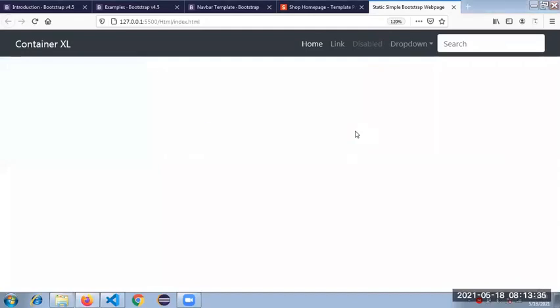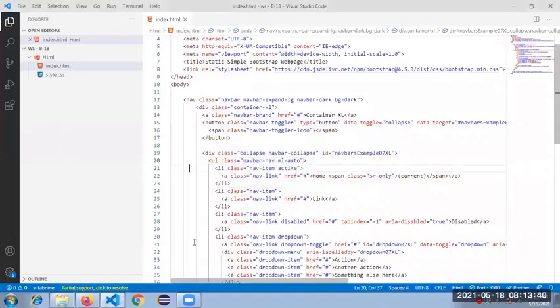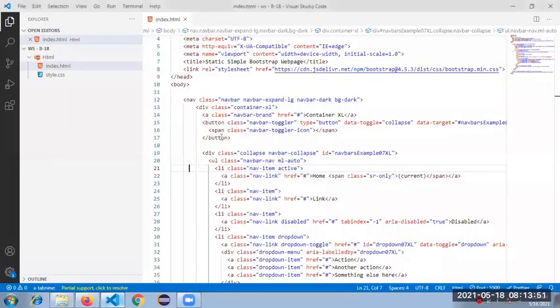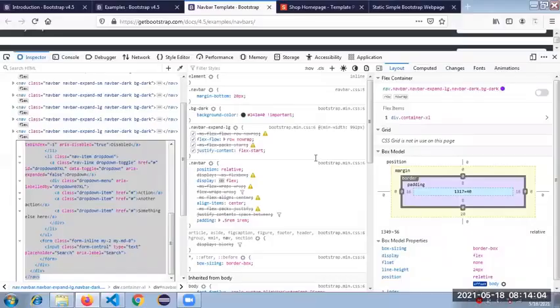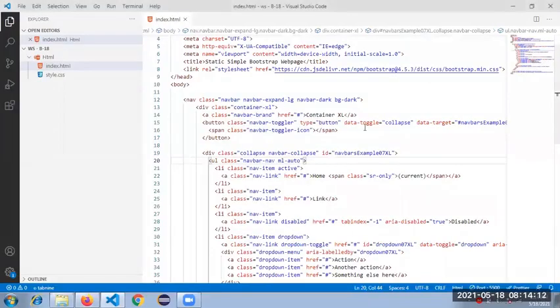Okay guys, are you clear on what I did so far? The navigation bar I picked from this example in Bootstrap, and I inspected and picked this code and just pasted it. Once I pasted it, I changed that UL alone. MR means margin right, so I just changed it to the left. So automatically all the things are shifted now. Just we need to remove this drop down and search box. Okay, we will see that.